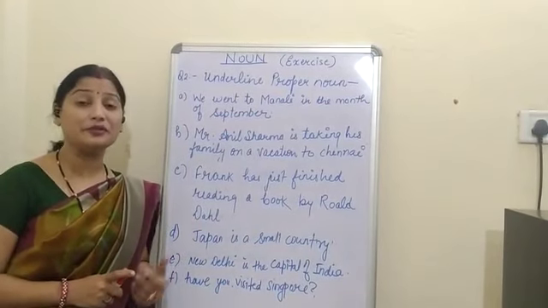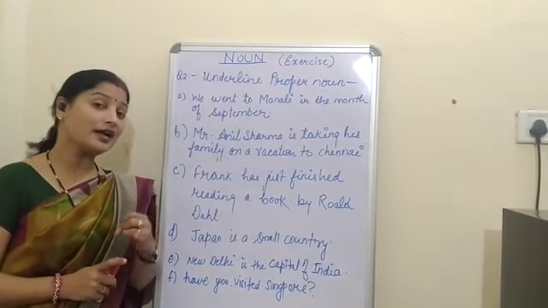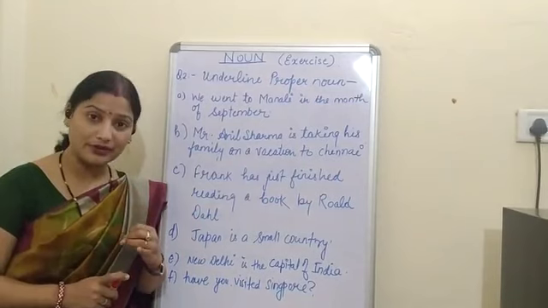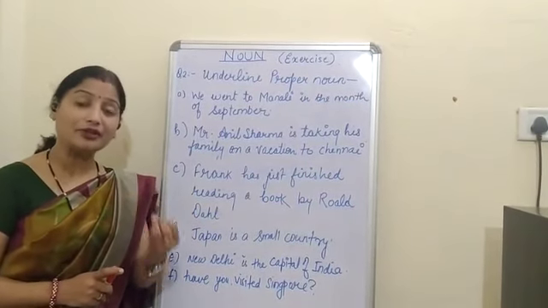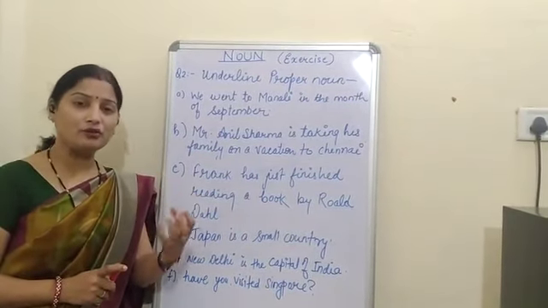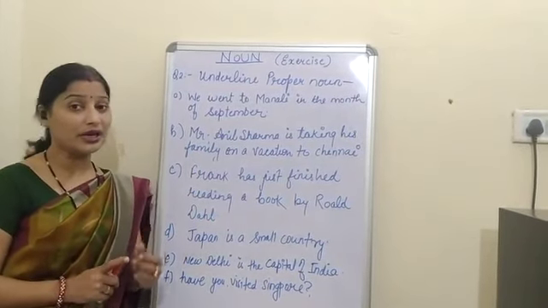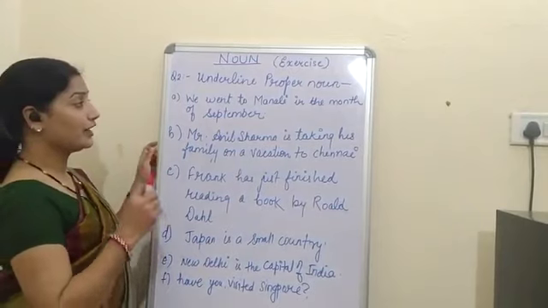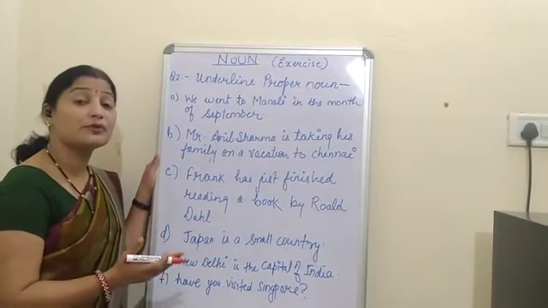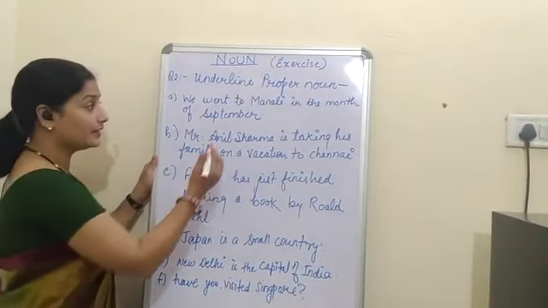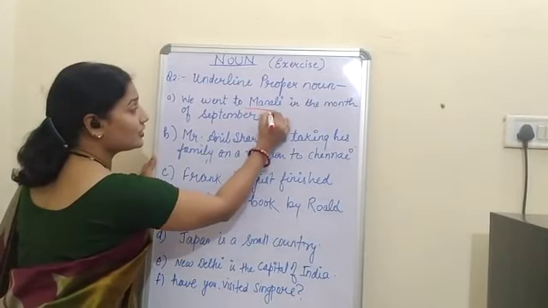Or I told you that for some events, for the month, for the days, if we are using something, then that is called the proper noun. Now see, we are talking about a particular place, that is Manali. So this Manali is a